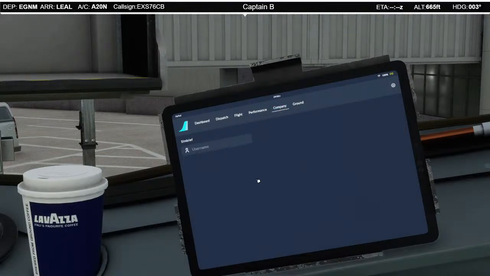Right. There's something else you need to do. You need to type your username into the chat. Now, if you do this directly on the pad, it starts to mess about with the plane's controls. So what I'm going to do is press right Alt and click, and I'm going to type in Captain B76,